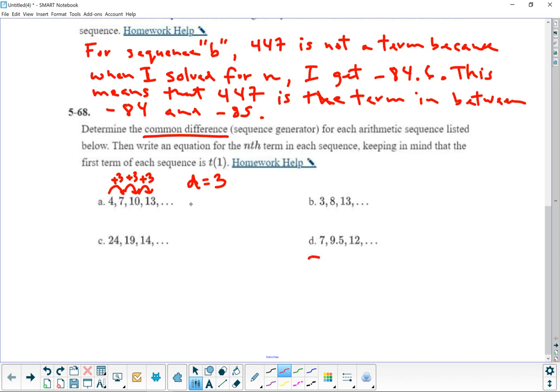Our equation is T of n equals, because if we're going up by 3, that means that as many times as you want to get it, we have to multiply by 3. So it'd be 3n, and then we got to figure out what the 0th term is. And in this case, this is our first term, second term, third term. So we need to find the 0th term, which means we got to go backwards. So instead of adding 3, we need to subtract 3 from the 4. So 4 subtract 3 gives you 1. Right? So the 0th term is 1, and that's what we're going to add to this. And that's our